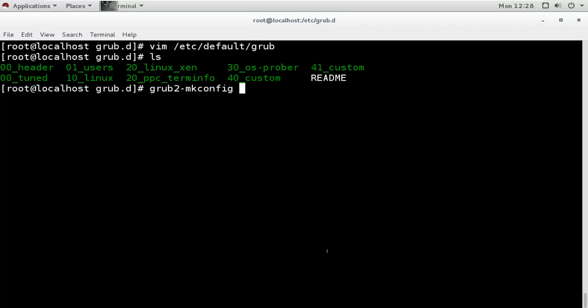It will update the changes into the main configuration file. Now first, what you have to do is just run the command. Let's see what happens when I run the command.